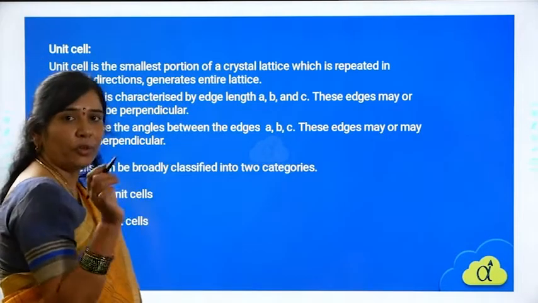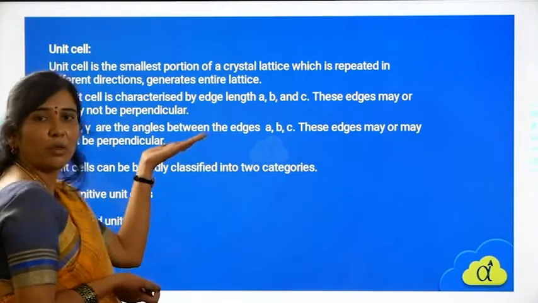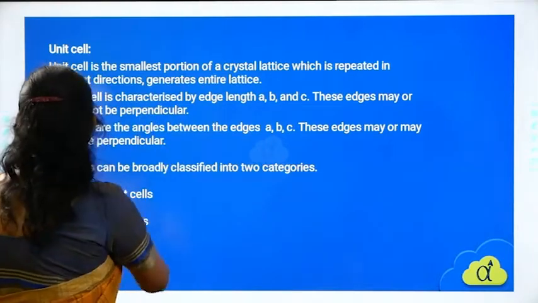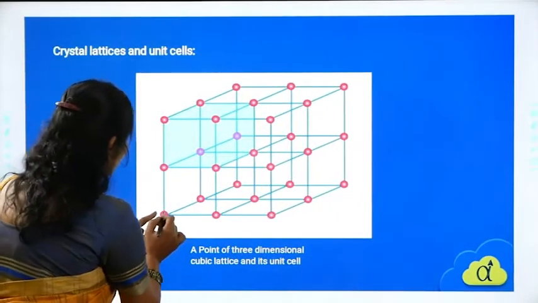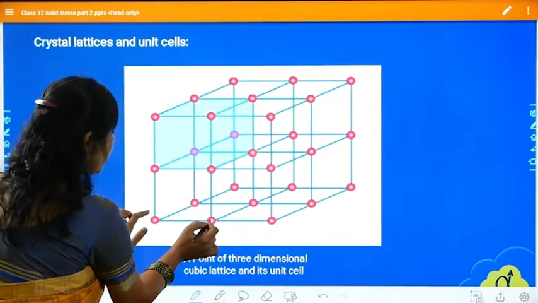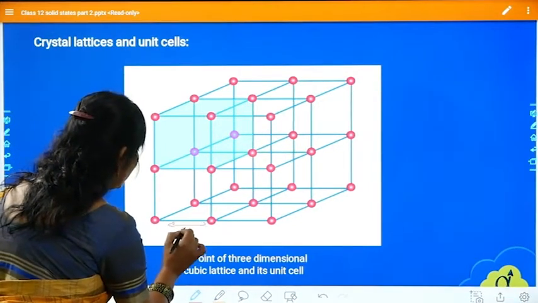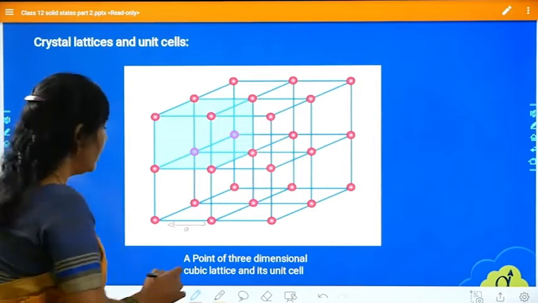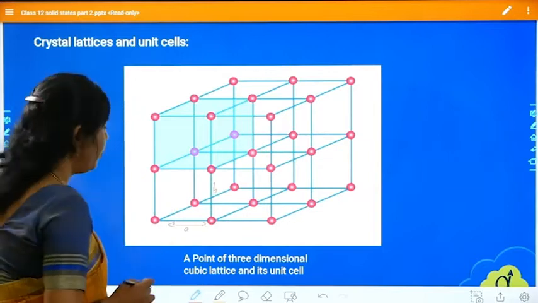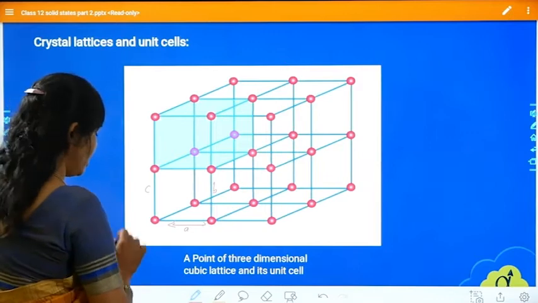Now if you take that crystal lattice, you have to characterize it. How can you characterize it? From the edge length. What do you mean by edge length? See here, the distance from one constituent particle to another constituent particle, that we call the edge length. So this is the edge length. Are you following? This is along the x-axis, A; along the y-axis, similarly, the edge length is B; and along the z-axis, the edge length is C. Like that you can consider.